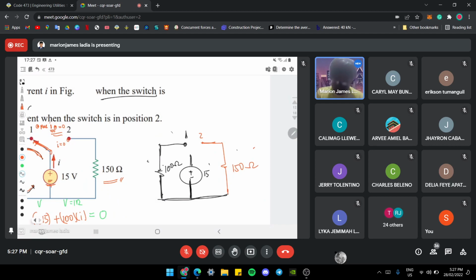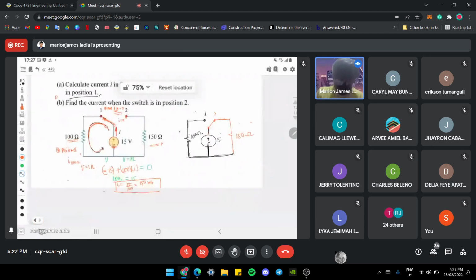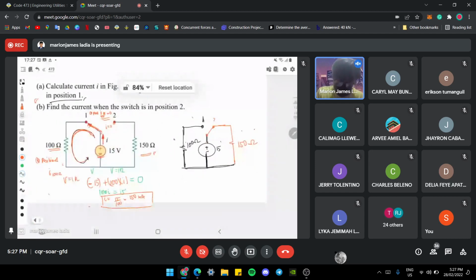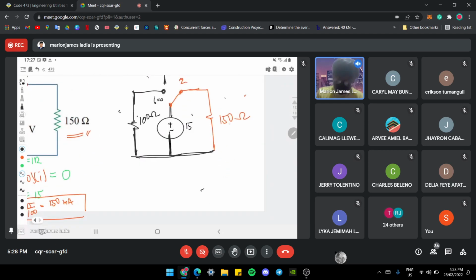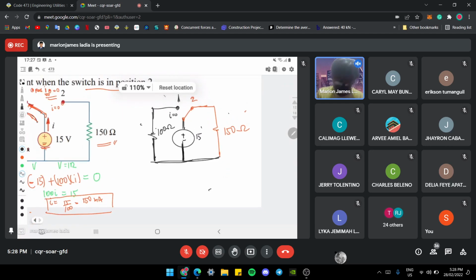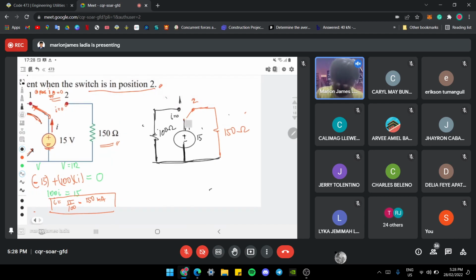So, therefore, from that, our switch will be moved here, based on the statement of the problem. So according to the problem, find the current when the switch is in position 2. So this is our position 2. So therefore, from that concept again, our I here is equal to 0 from the concept of our open circuit. So ngayon, dito naman yung ating 150 ohms. Yung I naman natin dito, syempre, papunta dito, sa pataas. So pag nag-loop ulit tayo,